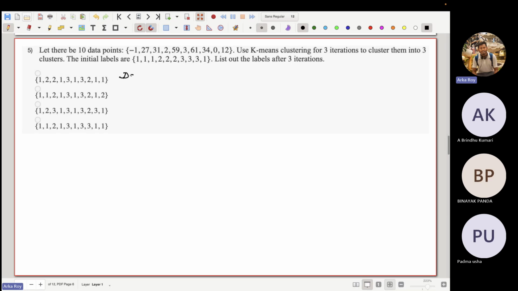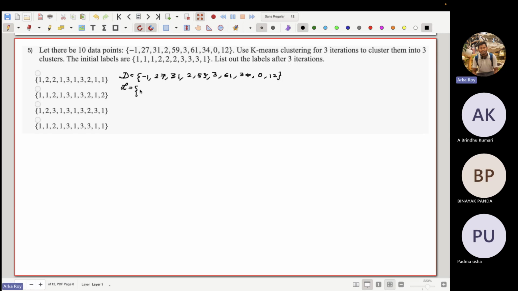The data set contains the data as -1, 27, 31, 2, 59, 3, 61, 34, 0, and 12. And the labels